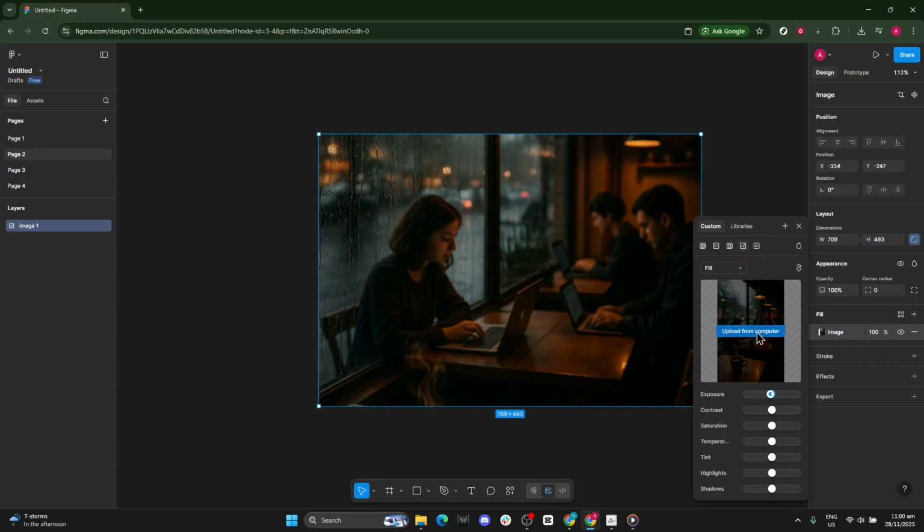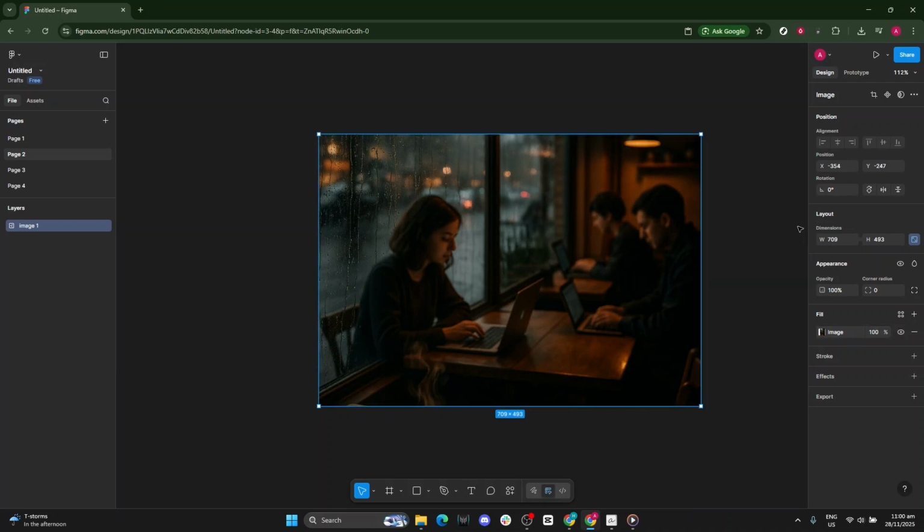And that's it. Click the image, head to the right side, open Fill, choose Upload from Computer, and select your new photo. With these simple steps, you can refresh any design quickly and keep